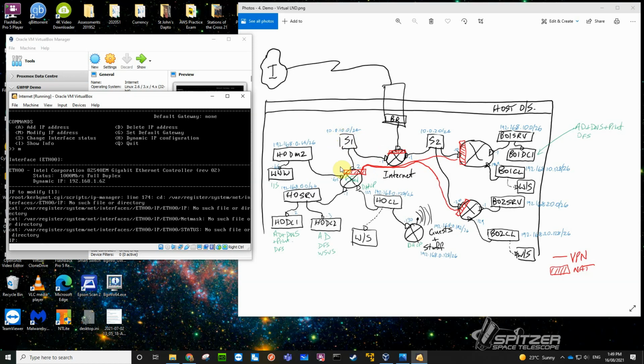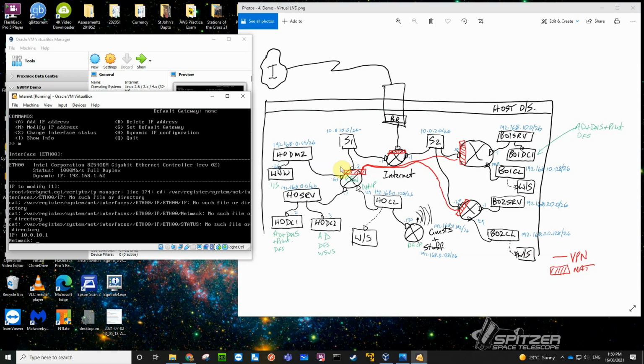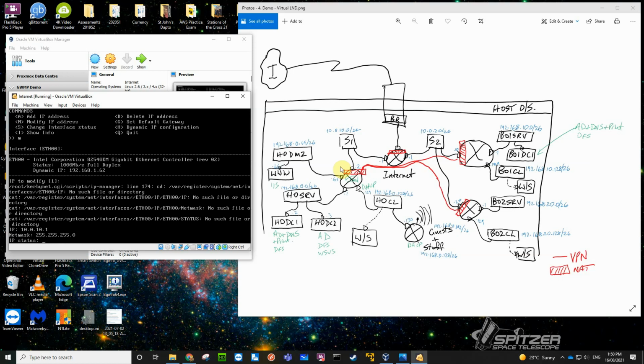Okay, IP to modify. It's interesting, came up with a few errors there. So the IP address is going to be 10.0.10.1, and the network mask is going to be 255.255.255.0, /24 subnet. Status is going to be up,